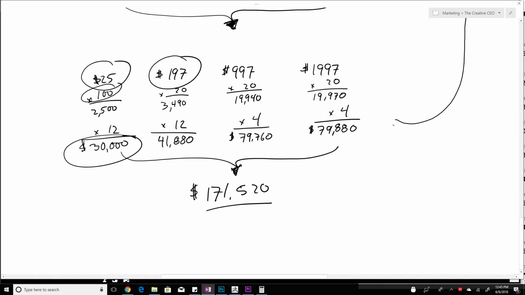$200 product, 20 of those. Let's say we do this $200 product and we try to get 20 people in that every month. Okay, again, $41,000, not enough to quit your day job, but if you do that every single month, it's a good amount, because the thing that you have to keep in mind about all of these numbers is